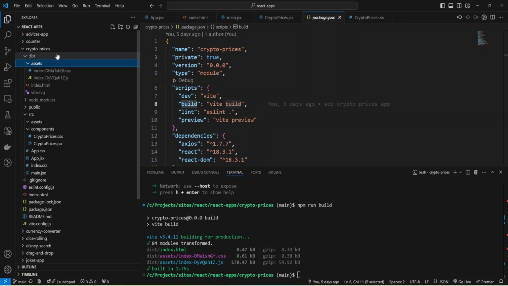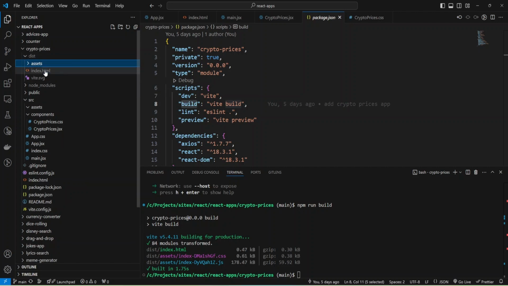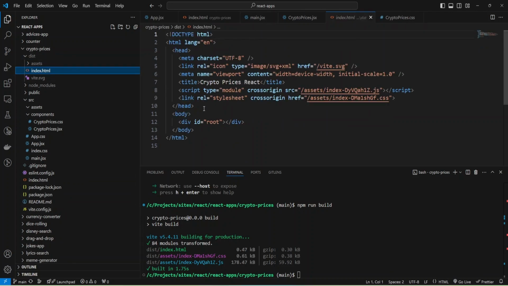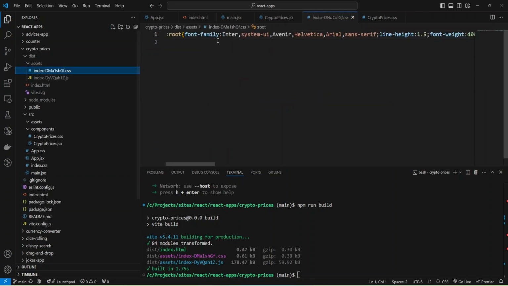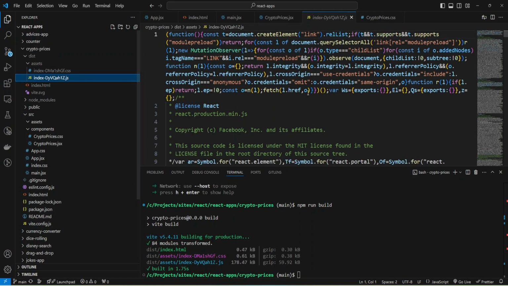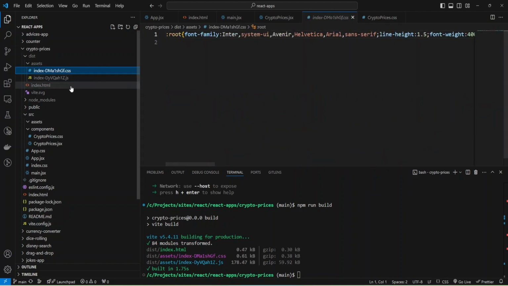And as you can see, we have assets and also index.html file, but now it contains a link to CSS and also script, but the files were minimized and adjusted by adding needed functionality and libraries.